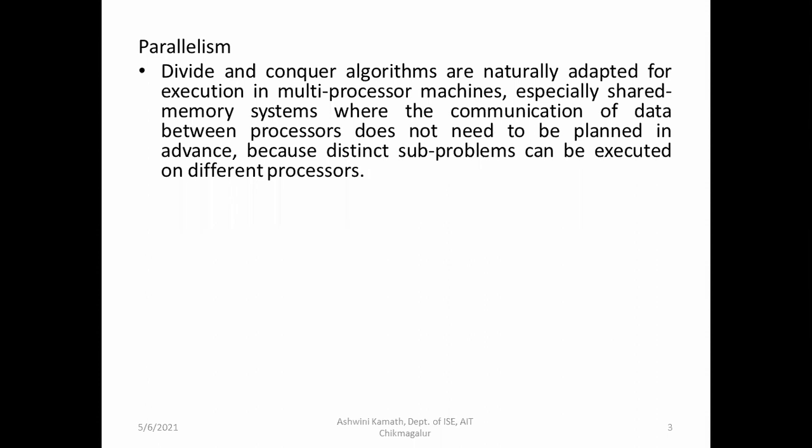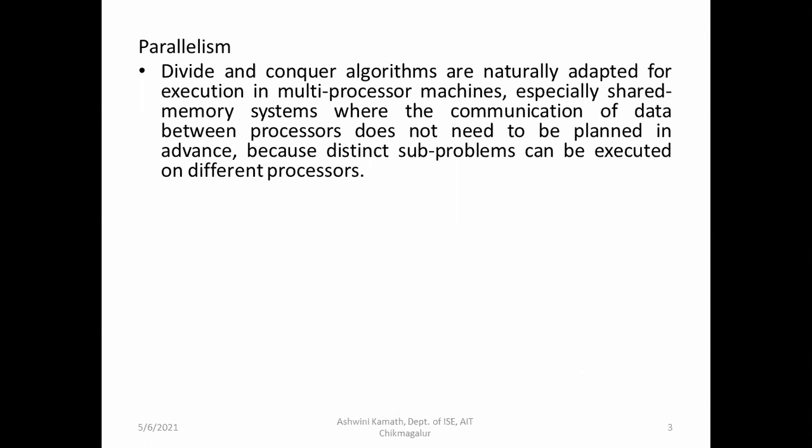I don't know whether you know the concept of multiprocessor machines or not. I think you are learning operating systems now, so you know the concept of a processor. Usually one processor will be there in the system. But when we have multiple-processor machines, that is, a single system having multiple processors, we can give the work, that is, when we divide the algorithm input, the input and algorithm both can be given to each processor.